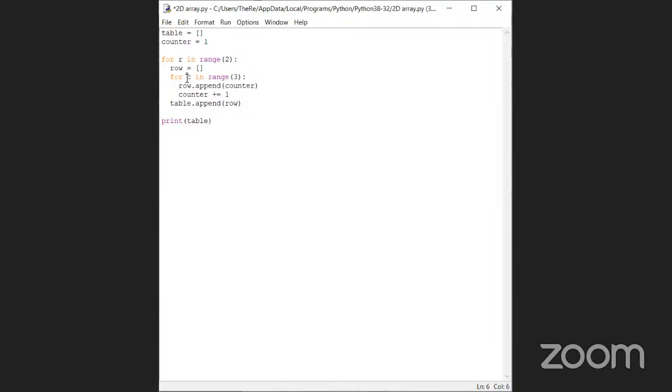Next, you do another for loop, and you add the rows together, then you increment the counter, and then you add it onto the table. So when I run it,